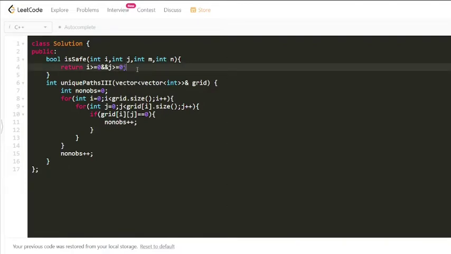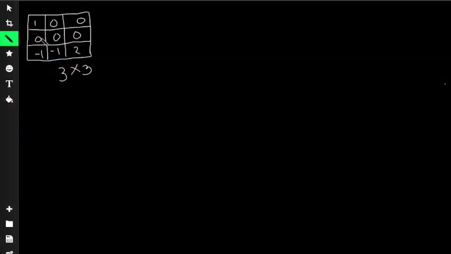Next, our i should be less than m, that is, it should be less than the number of rows. We need to do this because the robot may be going down. And if the robot continues to move towards the right, we need to do that checking also: n is the actual number of columns and m is the number of rows, so j should be less than n. So we have performed two steps.